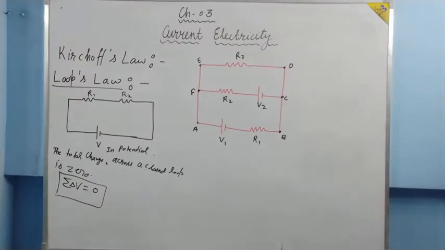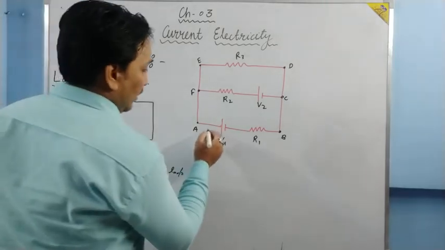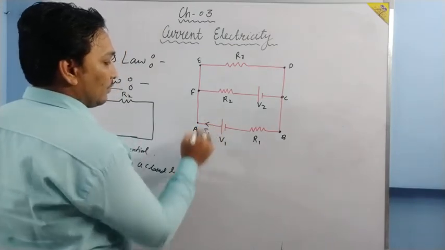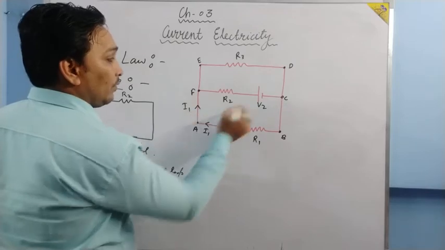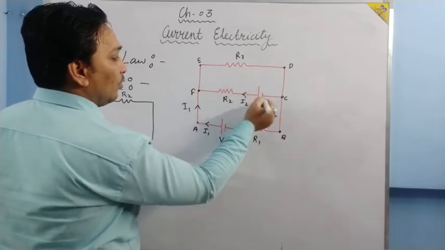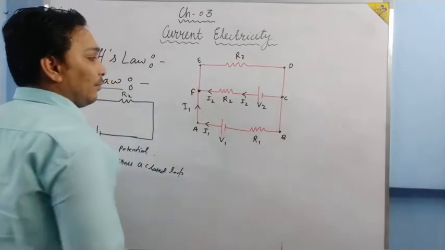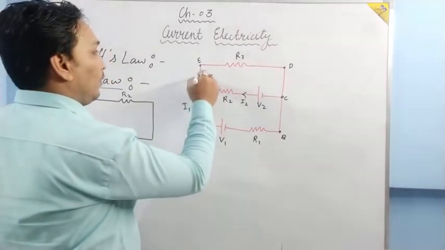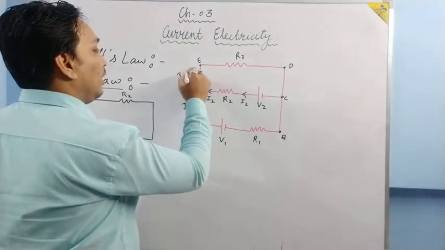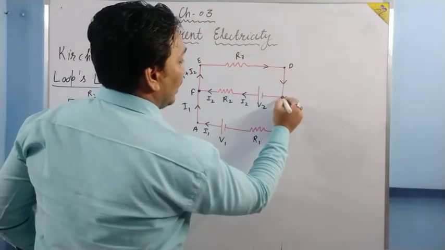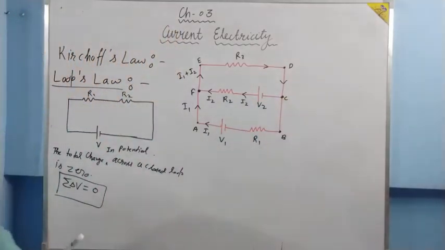Now we have to apply Kirchhoff's loop law over here. How can we apply it? Suppose we start taking a current from this cell as I1. So I1 current goes from here. From this cell, let the current be I2, I2 coming from over here. Now these two currents combine at this junction. What will the current flowing through FE be? It will be I1 plus I2. Now I1 plus I2 passes through R3, and again at this junction they get separated from each other.